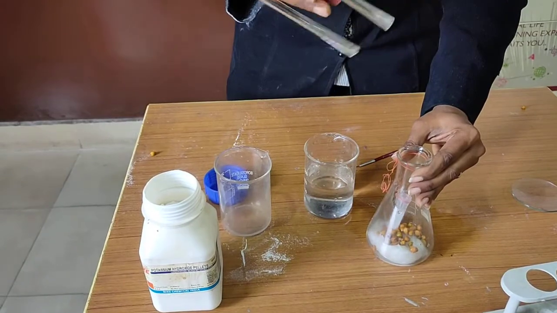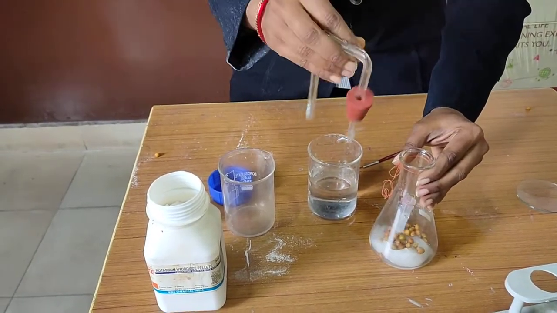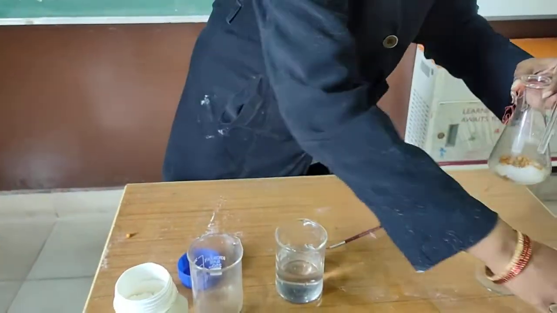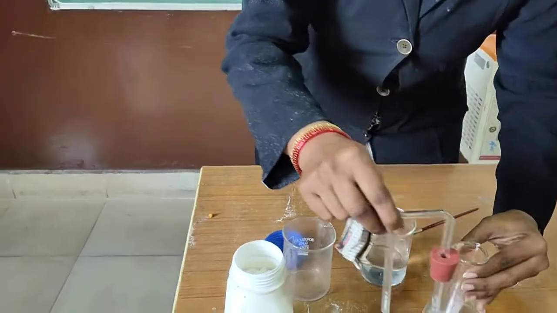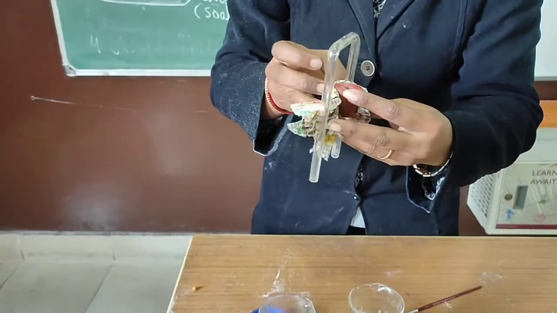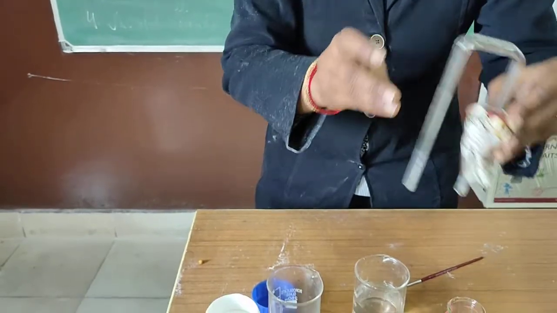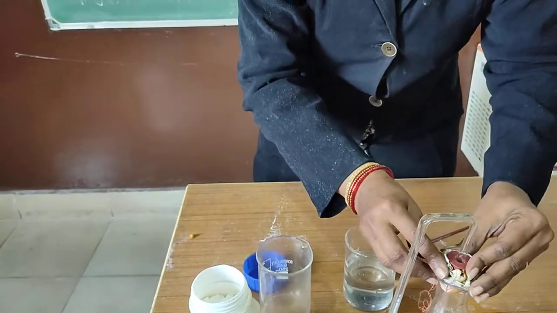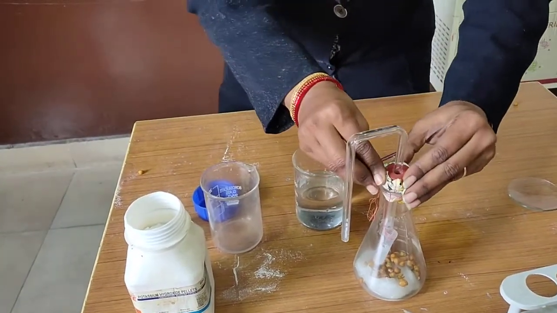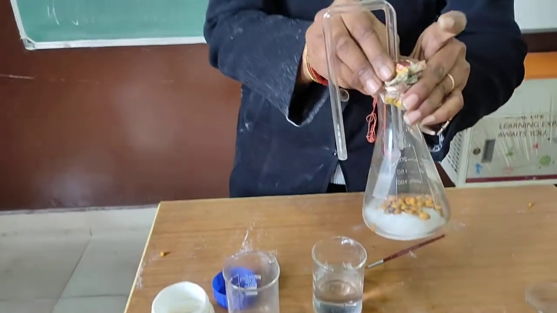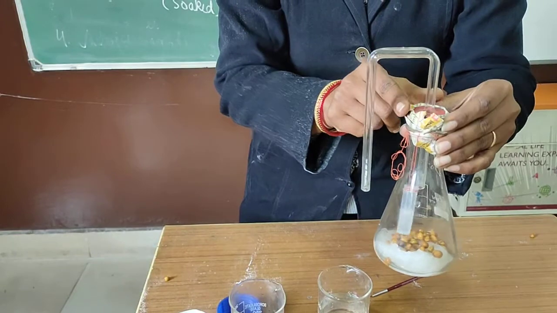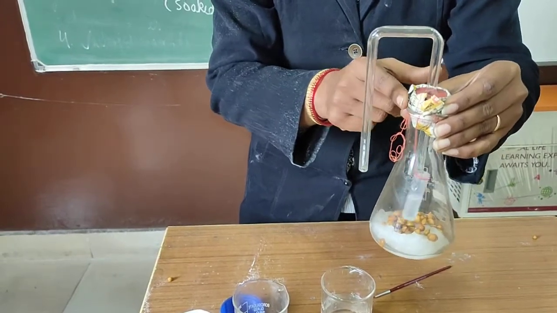Now for this we will be taking this cork, as you can see, and we will be putting it in this. Now if it is loose, then I have to just make it airtight. So I have used a piece of paper just to make it airtight. Otherwise, corks of different sizes are available, that also you can take. Now this setup is ready, an airtight setup. You can also put glycerine on the margin to make it airtight.